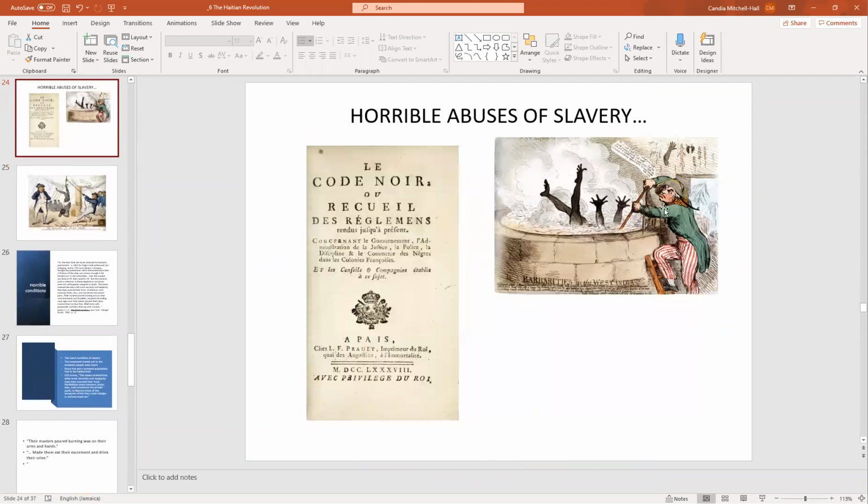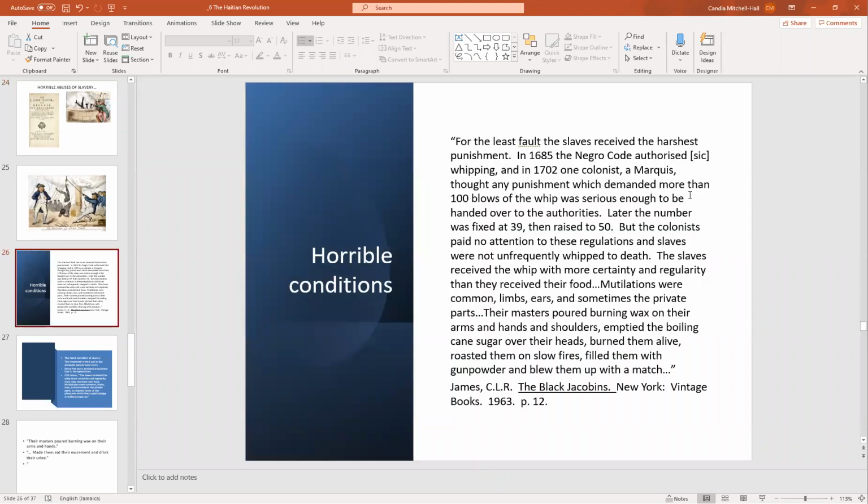This is an enslaved person being burned. There is a pot of oil here, and he did something wrong. He was lashed with the whip, and then he was thrown in a pot of oil. So that was how they would have punished them. And because they would have punished them like that, these horrible treatments, they didn't want to relive it. And so they wanted to be free. Somebody, could you read this for me, please?